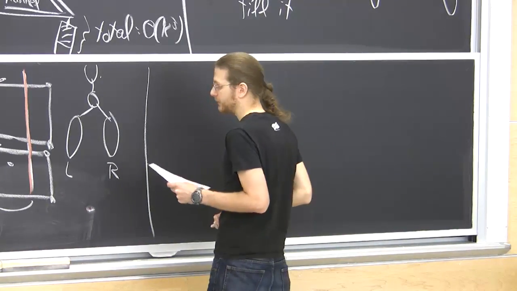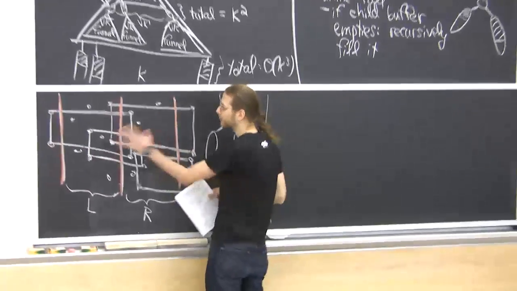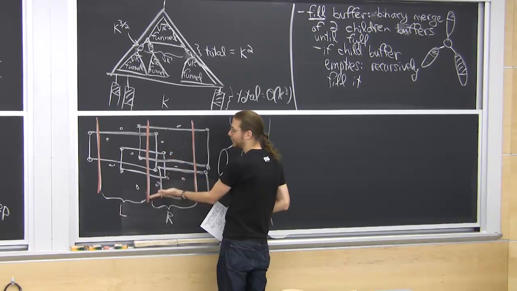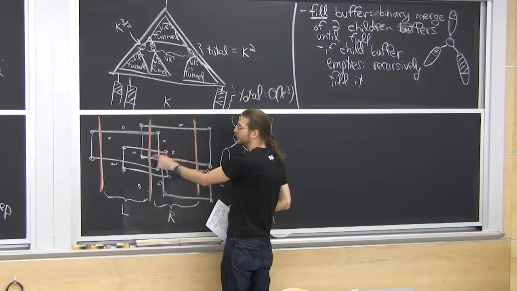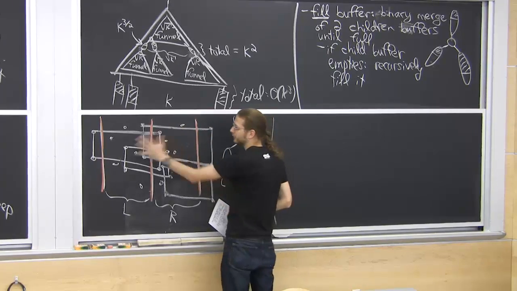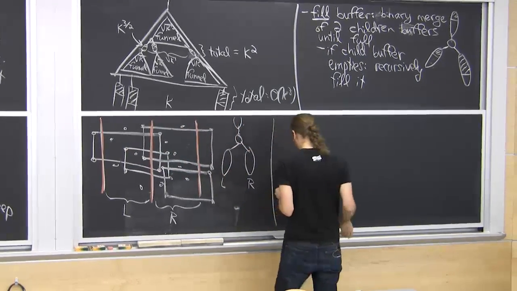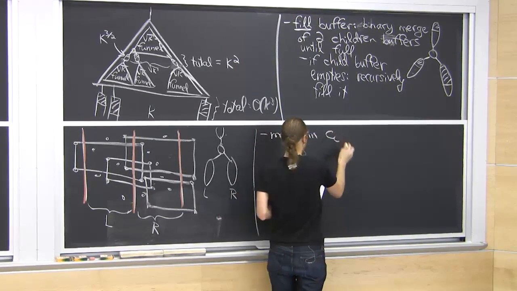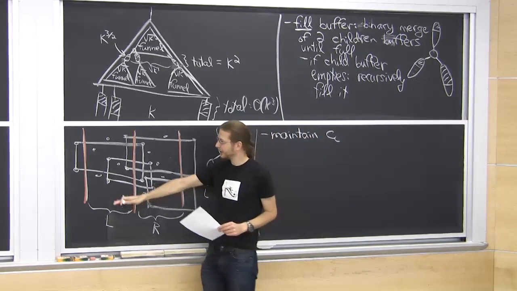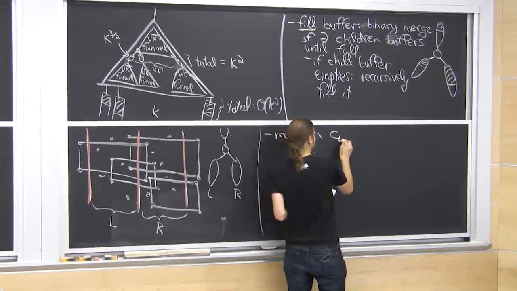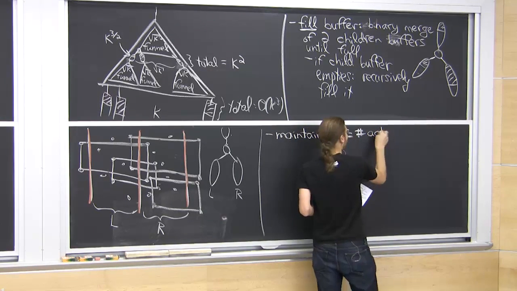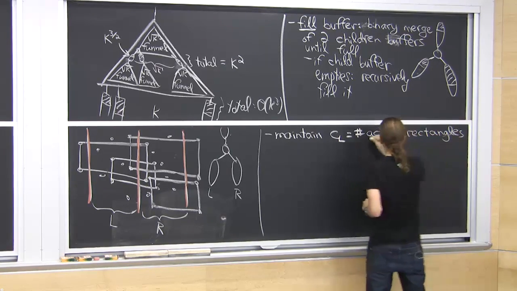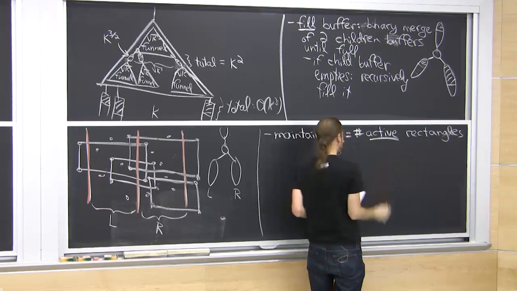So to figure this out, when we're merging L and R, L knows about this rectangle because it sees these points. We want to keep track, as we sweep upwards, that these points are in a big rectangle here, whereas they weren't discovered in L, they weren't discovered in R. To do that, we maintain a number. As we have a horizontal line sweeping up, we want to maintain the number of active rectangles. Active means that it's currently being sliced by the sweep line,